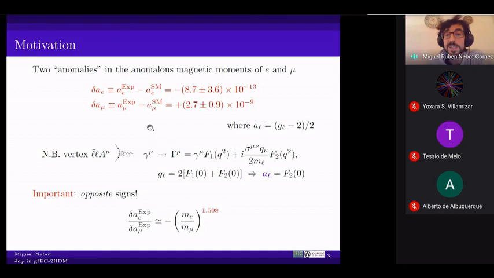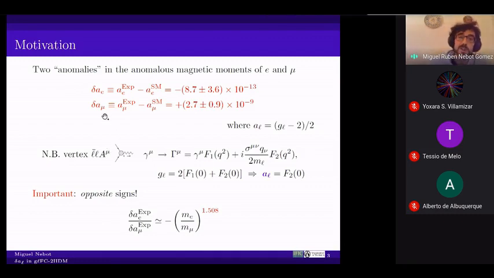So these anomalous magnetic moments are just related to this coefficient in the general form of the electromagnetic interaction of a charged fermion with the photon, of course. And when you see that we are at this level, these observables are at this 10 to the minus 9, 10 to the minus 13, one sees that, well, since the early Schwinger alpha over 2 pi computation to nowadays thousands of 5-loop diagrams appearing in the anomalous magnetic moment of the electron, there has been a lot of progress, not just theoretically, but of course experimentally too.